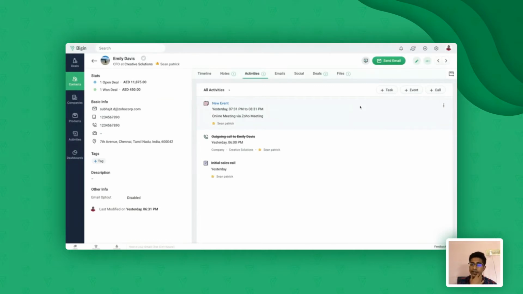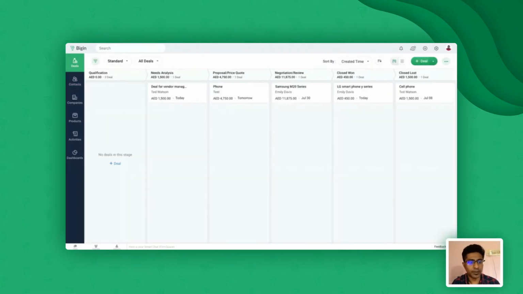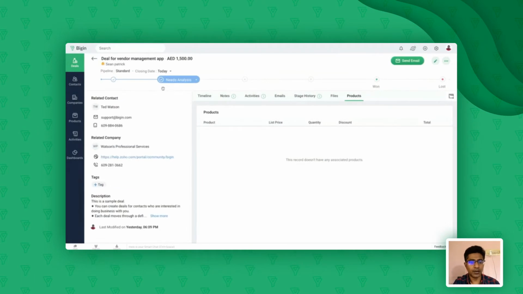Now, all the activities that you have completed with regards to a specific contact will be listed here under the activities related list. The ones that are struck off are the completed ones. If you hover over them, you can see that these are all completed, and this is the one which is still open. So once you click on the contact and view it, you'll be able to see how many activities you have completed and how many are yet to be completed from within the contact. Same applies to the deals as well. You can go to each and every deal, and you can do the same.